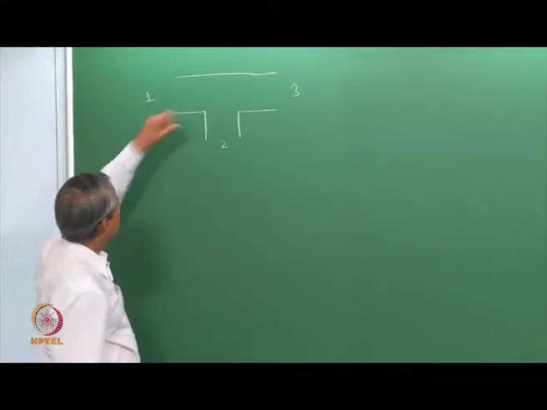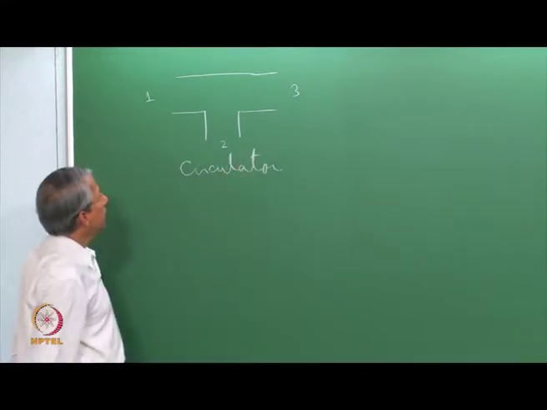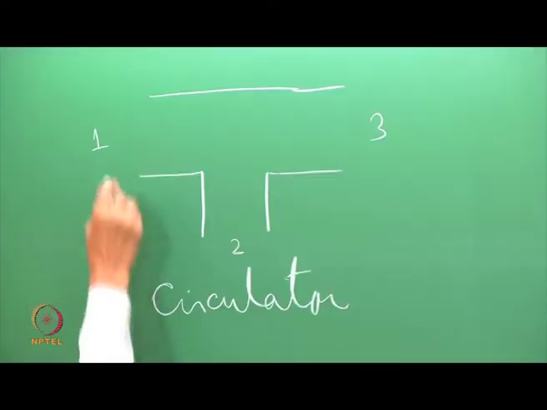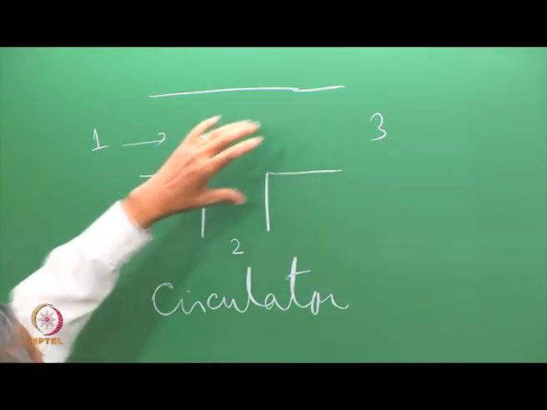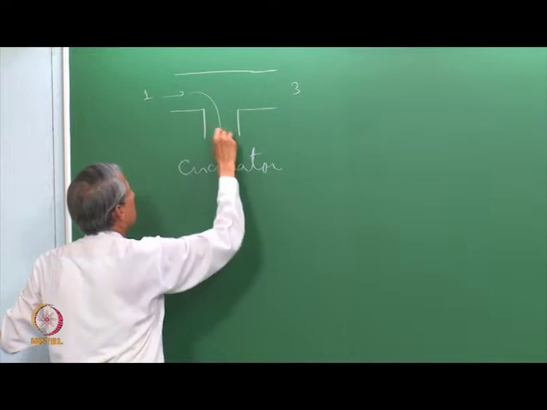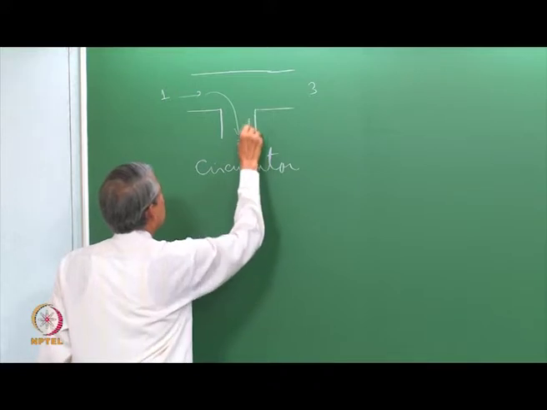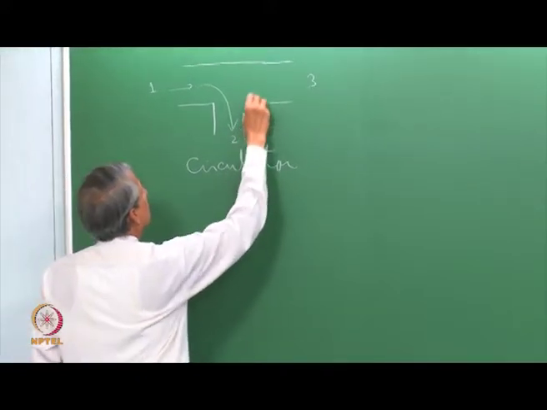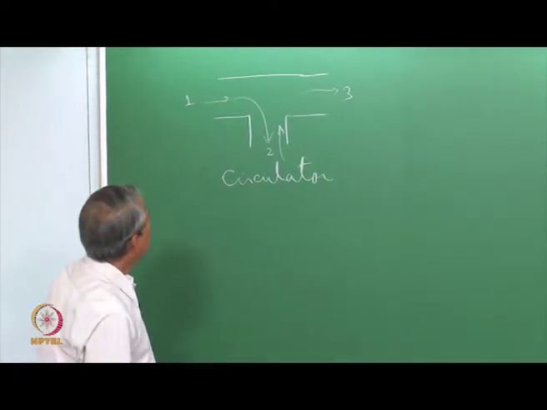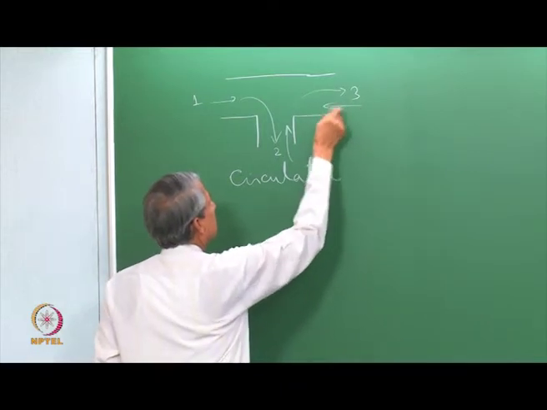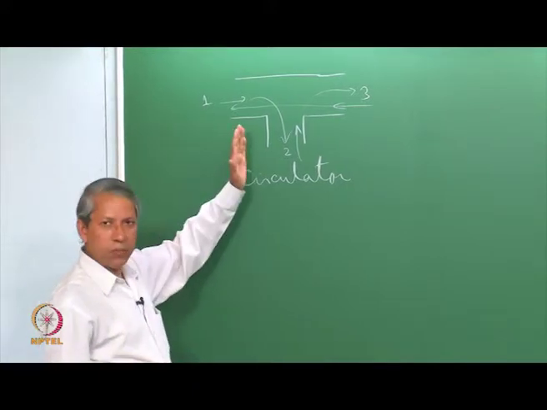The way this circulator behaves is very interesting. Suppose the microwave power is entering here, then even though internally they are all hollow spaces, it cannot appear here, it has to appear here. That is the way power comes out. Similarly, if the microwave power enters here, port number 2, then it will only appear at port 3 as an output. And similarly, if the microwave power enters port number 3, then it can't appear here, it can only come here. So, this is the non-reciprocating device.